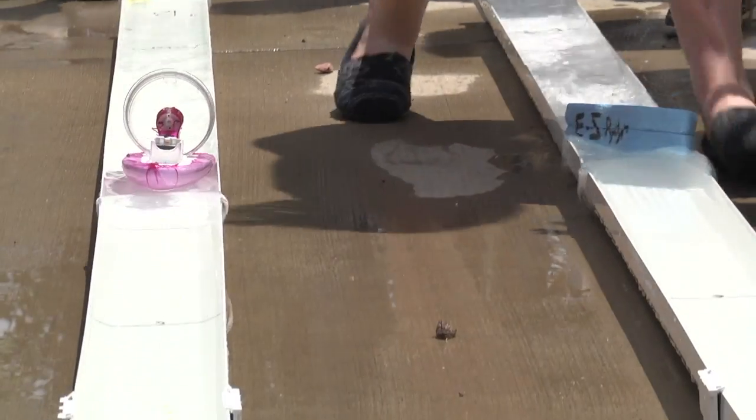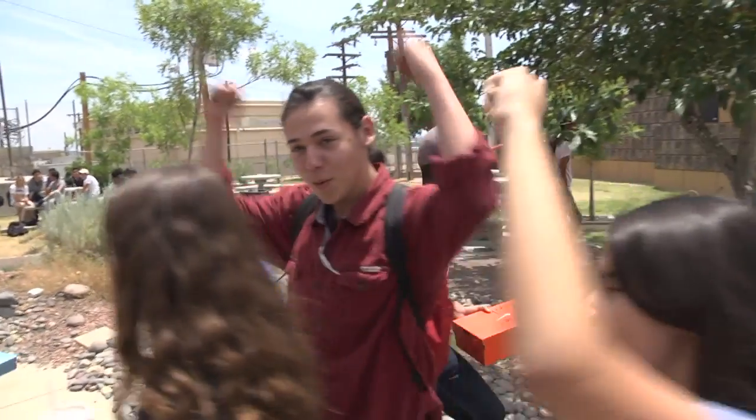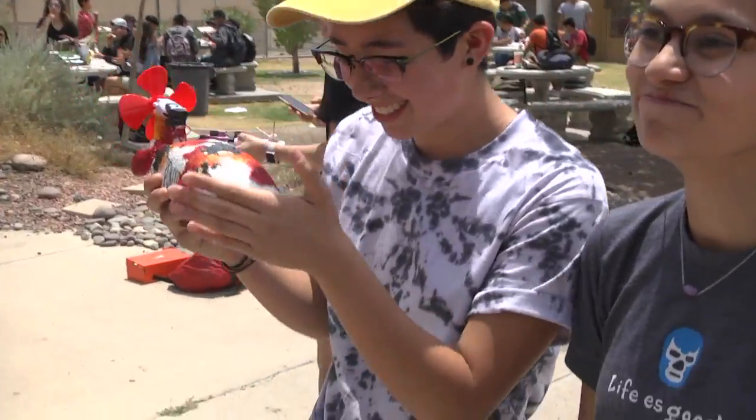I learned a lot about how electricity works, and I think this is a better way of having a final than a test or something, because this is hands-on and you learn better hands-on than just one day that you might forget everything and just do really bad on a test than if you do a whole project hands-on, which